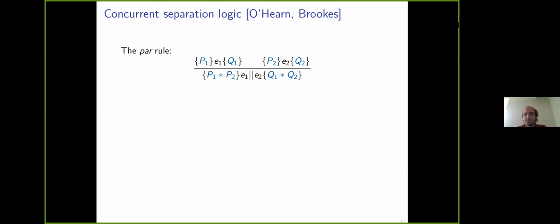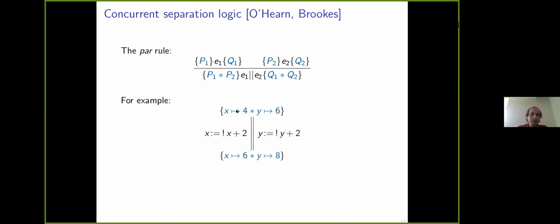So for example, if we consider this program where we have two threads concurrently executing, one of which reads from X and writes back the value with 2 added on, and the other doing the same thing but for Y. Here in the precondition, we're going to assume we have the separating conjunction of X and Y. And so what we do when we invoke the PAR rule is we can imagine passing ownership of the X points to 4 fact to the thread on the left, and the Y points to 6 fact to the thread on the right. And then for each of those threads, that's a satisfactory precondition for what they need,